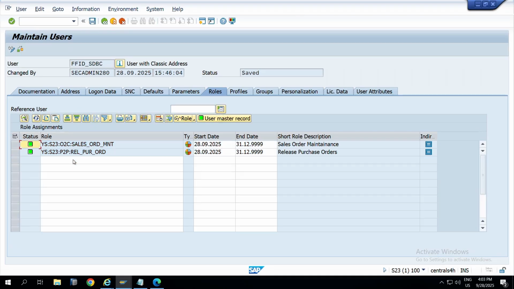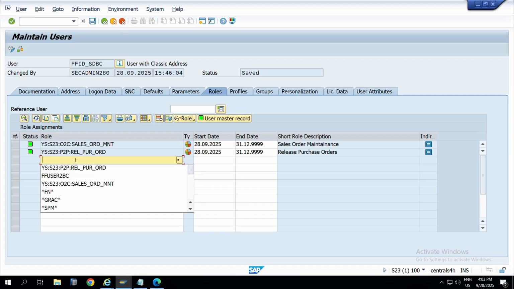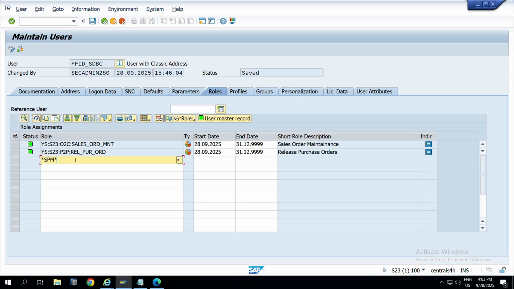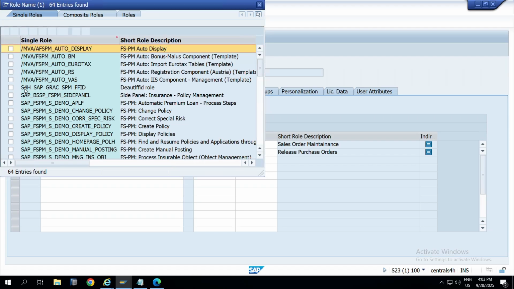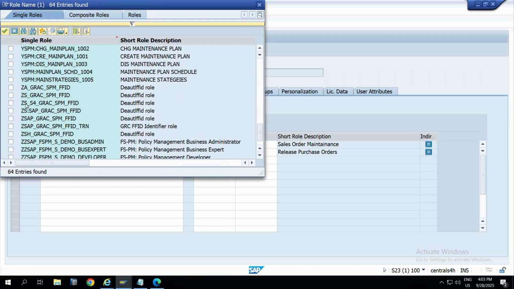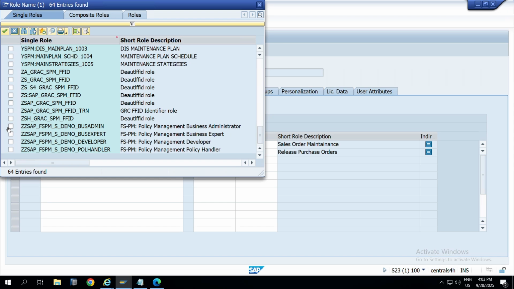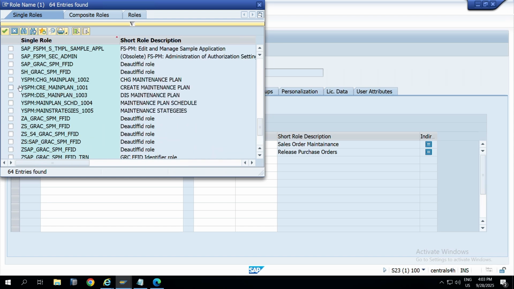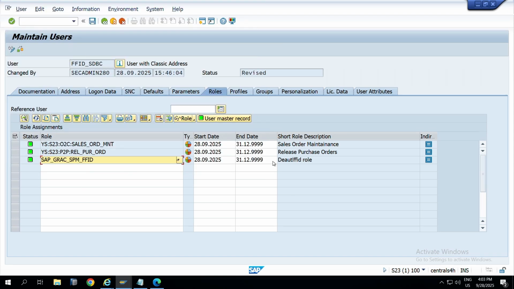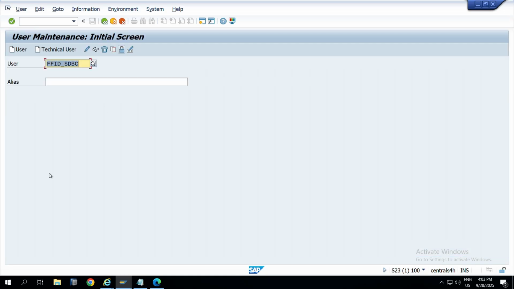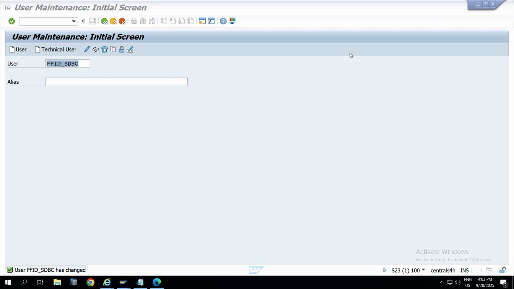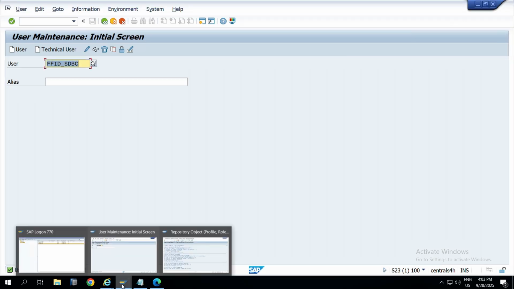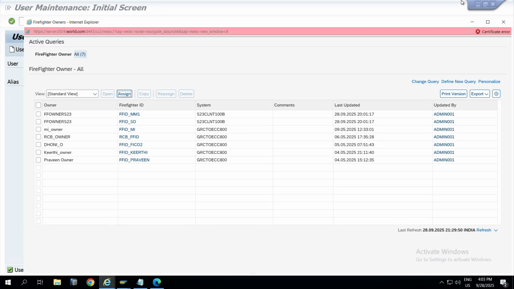So I'm going to maintain that default role now. So this is the second scenario which you can tell at the time of interview if any of them ask. So now I have maintained this. After this, will you be able to see? No. Why? Because I have to run the synchronization job again. So I have just closed this again,